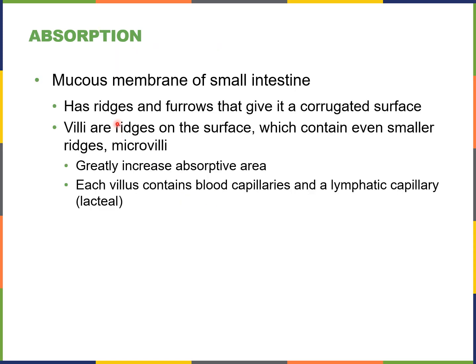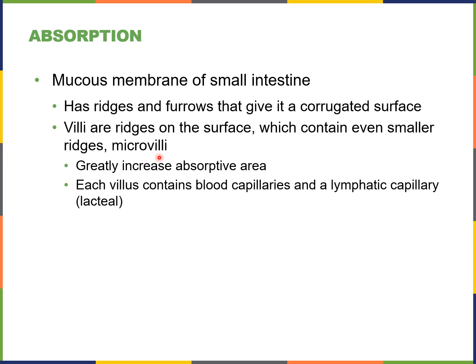Okay, so absorption. This is occurring in the small and large intestines. Within the small intestine, we still have this mucous membrane, and it's got lots of ridges and furrows that give it a corrugated surface. Villi are ridges on the surface, and they contain even smaller ridges called microvilli. What this does is increase our absorptive area. So we're increasing surface area here as well, so that we can absorb more of the nutrients from this